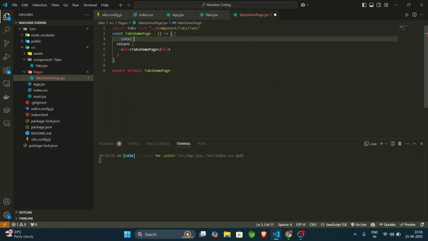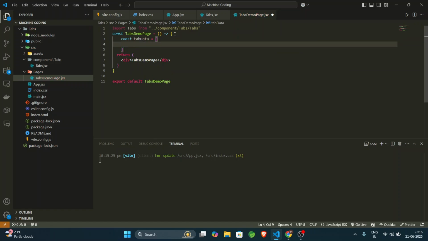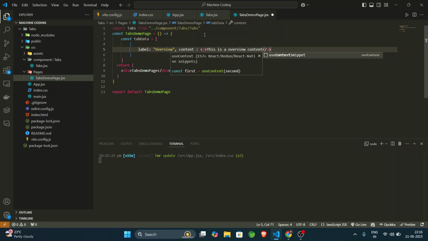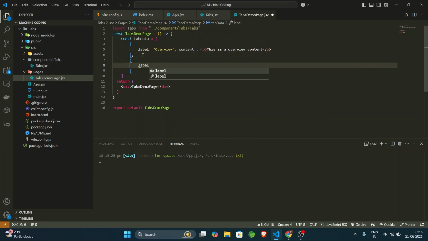So we will make an array of objects, tabsData, and it will be an array of objects with two properties: label and content. So the first one is label, and the second one will be content. For label we will give Overview, and for content you can give this is an overview content. So this is the first thing, and the second label we want to give is Features, and content you can give as,